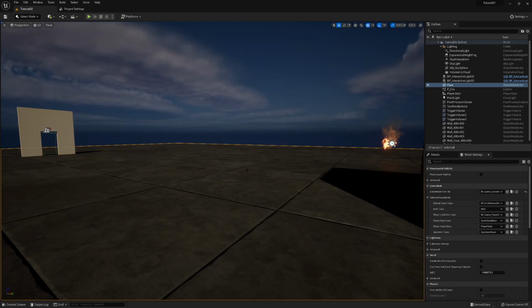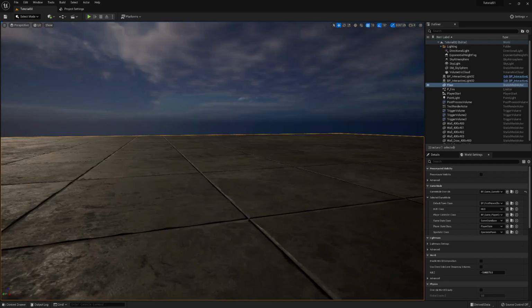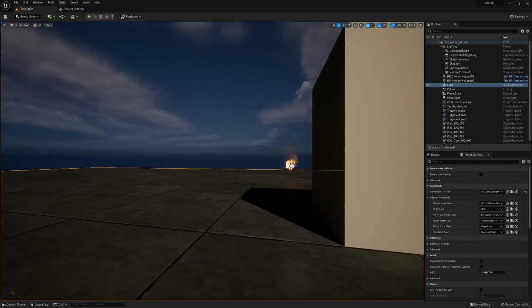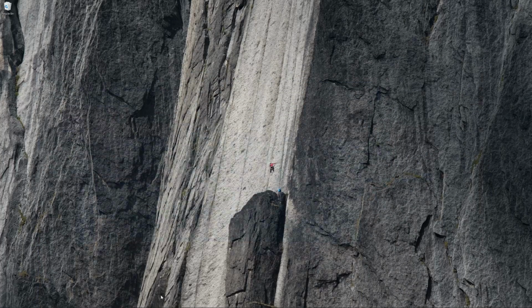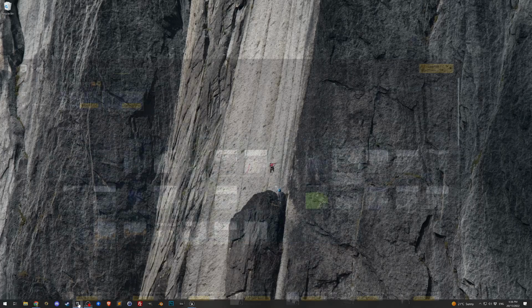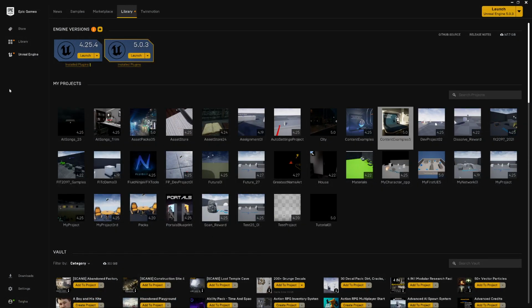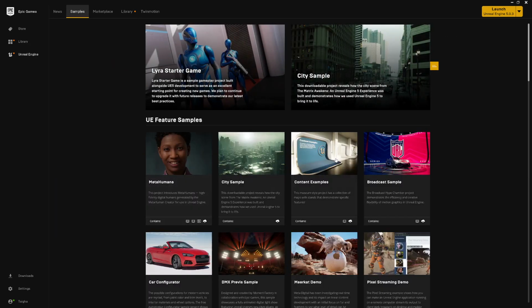Okay, welcome back. Right, so the first thing we want to do is go and grab a door. So let's have a look. Let me just show you. I come to my Epic launcher. One thing I recommend that you do if you're doing any work with Unreal, whether you're doing programming or blueprint scripting or really anything else, is to get a copy of the content examples. It's there for free. Click on that,